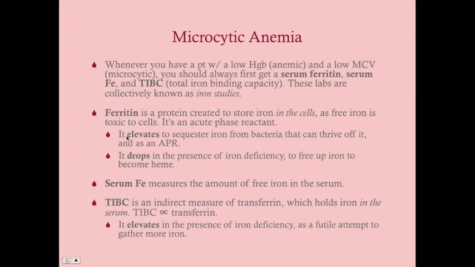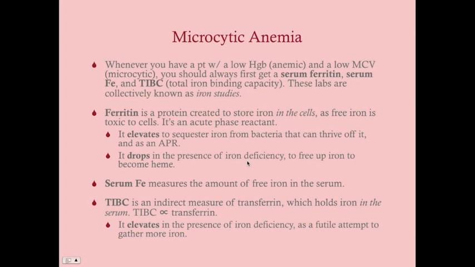So in anemia of chronic disease, what we have is chronic inflammation. Chronic inflammation can be due to bacteria. Not always. It could be due to an autoimmune disorder, but a lot of times it's due to a bacteria. There are a lot of bacteria, E. coli, Klebsiella, that love to eat iron. They thrive off iron. So a great response for your body would be to make a protein that holds on to that iron so the bacteria can't eat it. And indeed, what happens in anemia of chronic disease is that your ferritin elevates and it sequesters iron from the bacteria. And in the case of iron deficiency, ferritin is going to drop so it can free up iron to